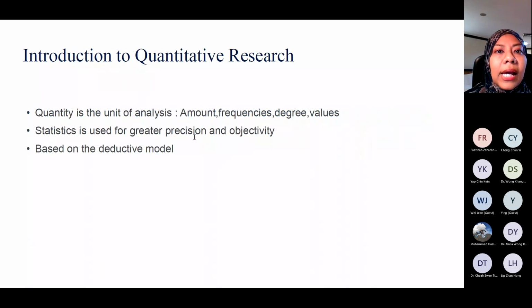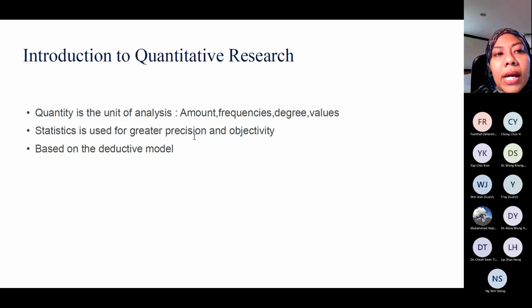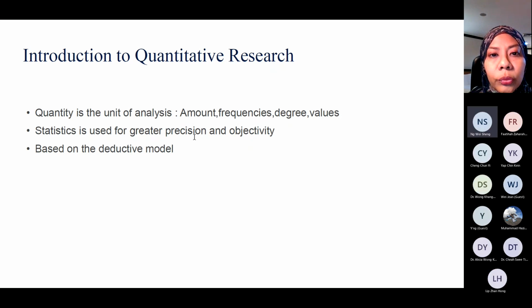So for the introduction to quantitative research, firstly, we must understand that quantity is the unit of analysis. So if you choose to have quantitative research, it means that at the end of the research, the result is related to quantity.